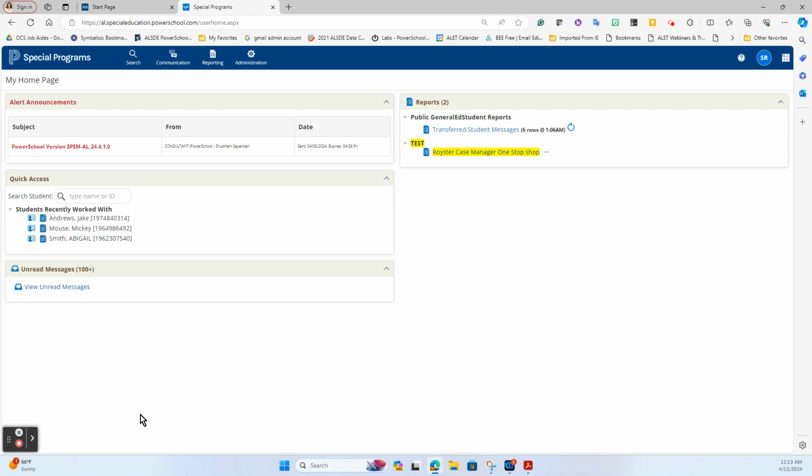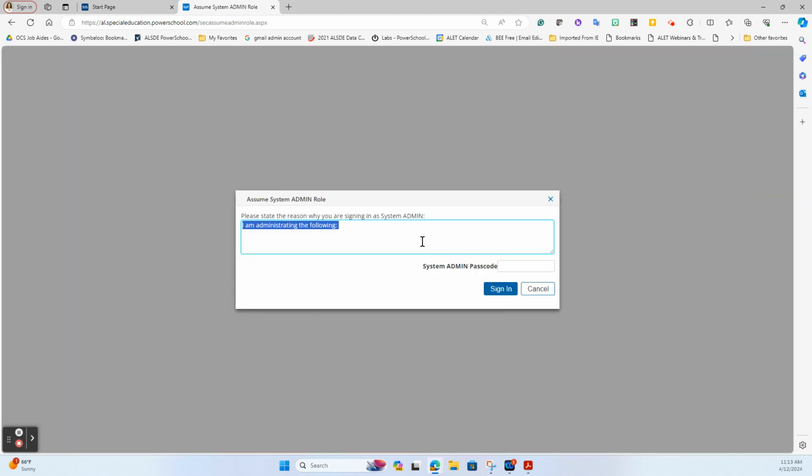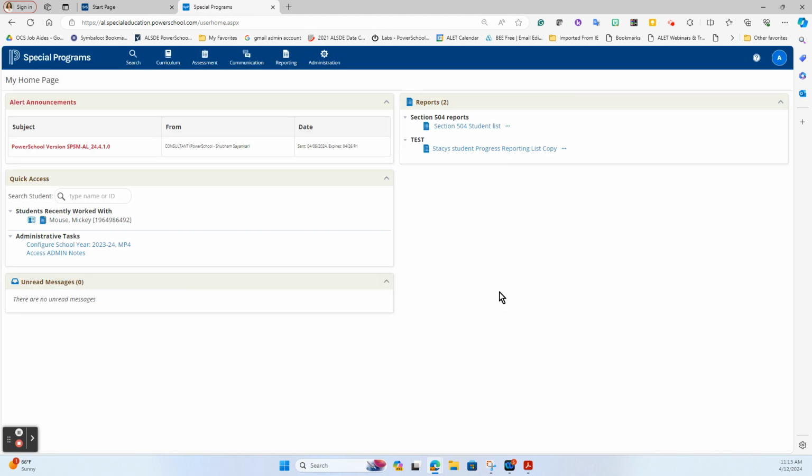So the first thing I'm going to do as I'm logged in here to special programs is to assume the system admin role. Note that I'm making security changes and enter the super secret admin password. So the first place that I want to take you is a new report that you will see